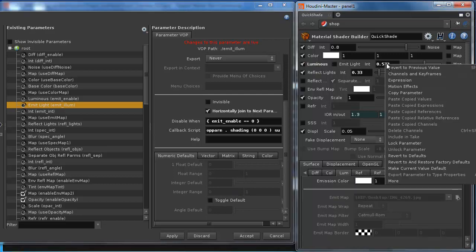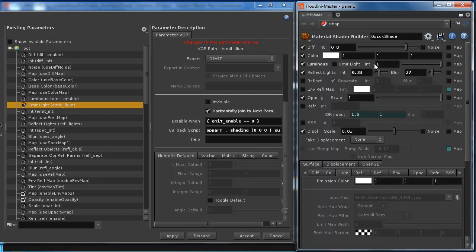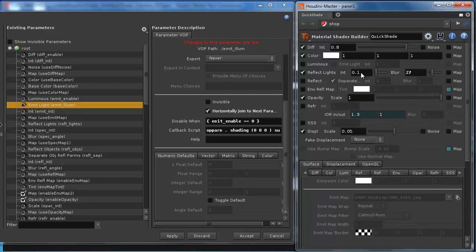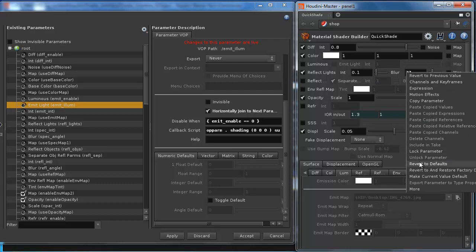And what's the intensity? Emit intensity of 1. I think that's good. If you turn on luminous by accident, even if you're trying to switch something, you switch something else, you want it to be immediately obvious. So I think an intensity of 1 is good. Not having a map is correct. Reflect lights on by default I think is good. Let's see what its default intensity is, 0.1, and its blur default